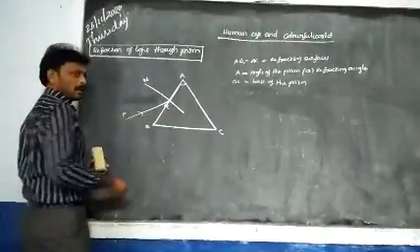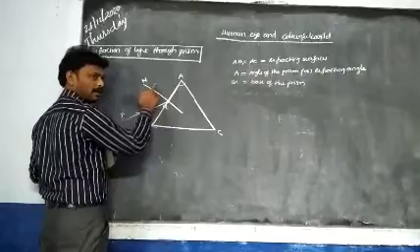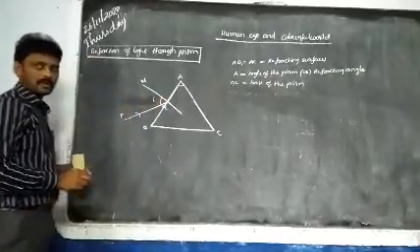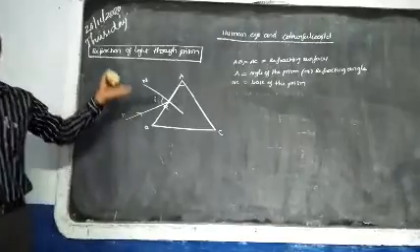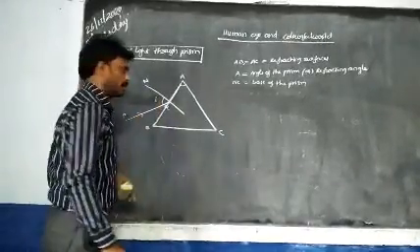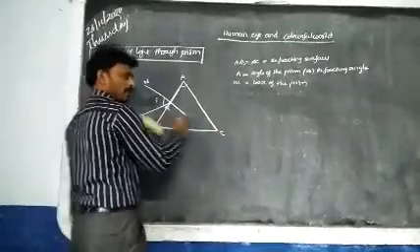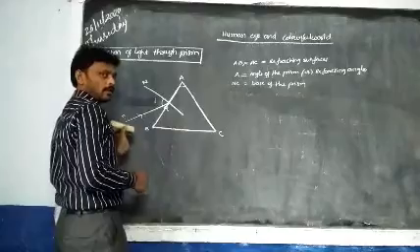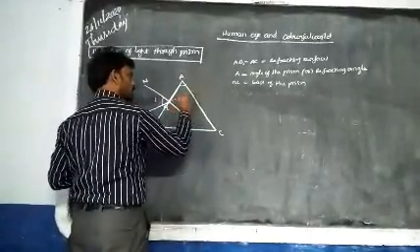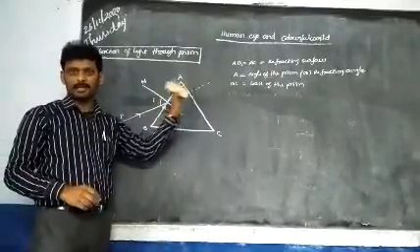We know very well, the angle between the normal and the incident light is called the angle of incidence. In your textbook I think they take only i, so you can take i only. This is air, this is glass. The medium changes, so definitely light undergoes refraction. If the medium were not changing, light would travel like this. This is the original path of light.